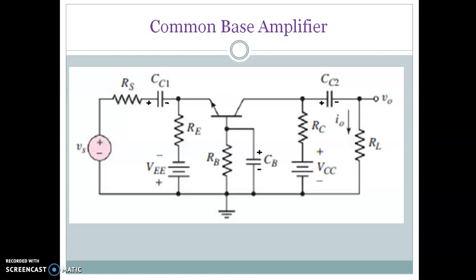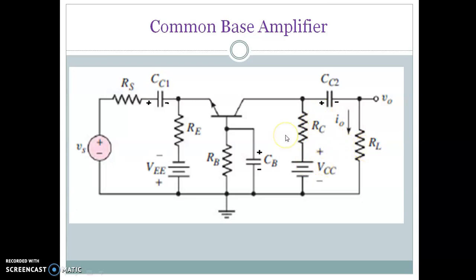Next we take up the common base amplifier. So having seen your common collector, we are taking up the common base amplifier. So here the Re is a bias resistance, and RB is the base resistance, but here you could see a coupling capacitor. So when we draw the AC equivalent circuit, RB will have no effect, and at the collector we have the collector resistance, that is the bias resistance RC, as well as the load resistance.